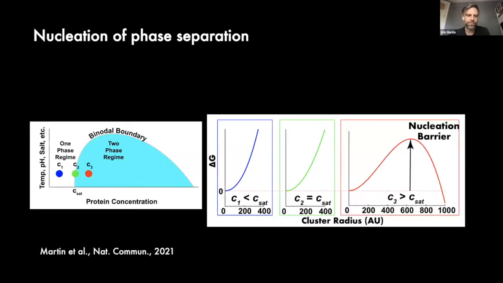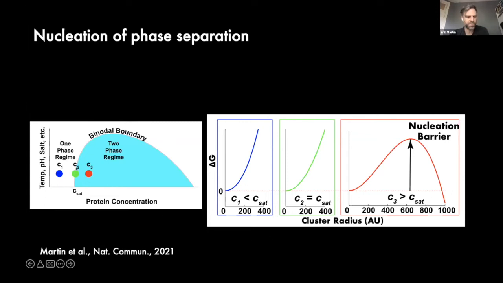So the theory around phase separation suggests that there should be a nucleation event. Essentially, what this means schematically is that when you're in concentration regime 1 here, outside of the two-phase regime, there's an exponentially increasing free energy cost to forming clusters of molecules. As you move exactly to the phase boundary, this cost becomes a bit shallower, but there's still a monotonically increasing cost to increasing